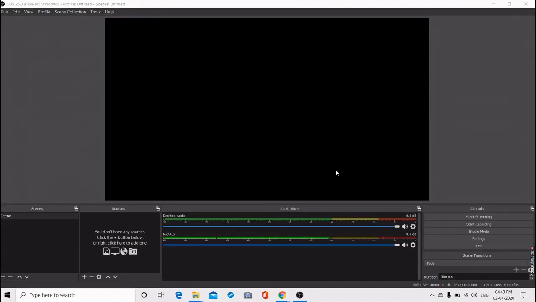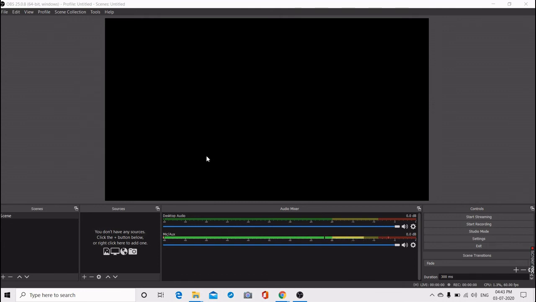So this is the default interface of OBS, but before discussing it, let me clarify some points about installation of OBS. Sometimes you would find an error in installation, so you need to know some points. Your operating system should be updated, like if you are using Windows, so that the dependencies are installed.